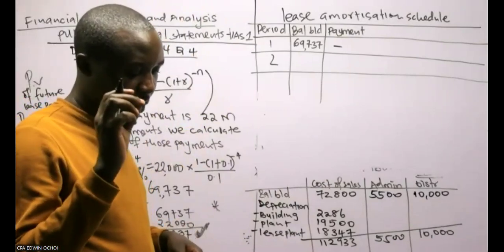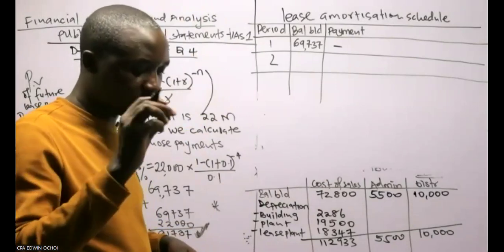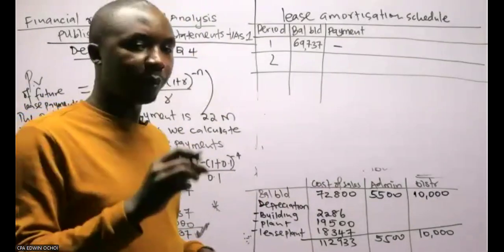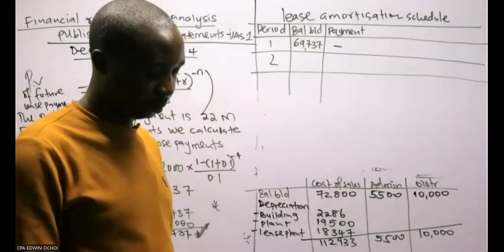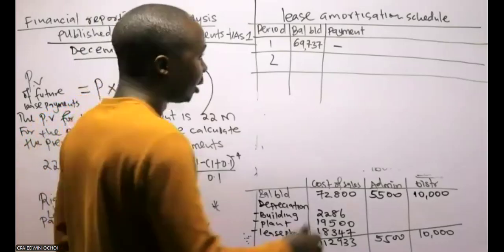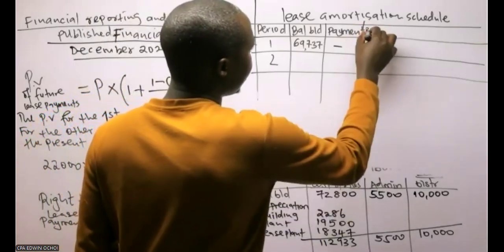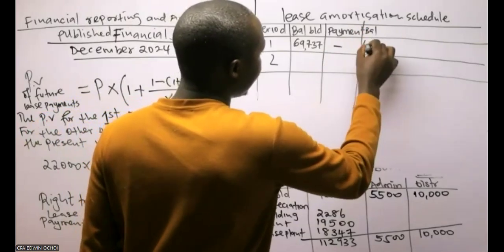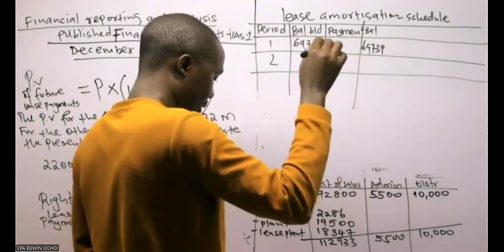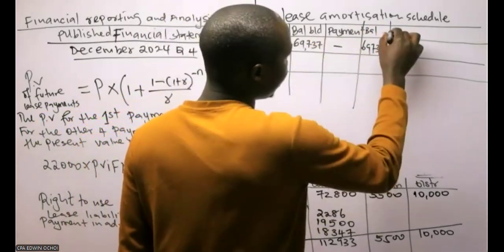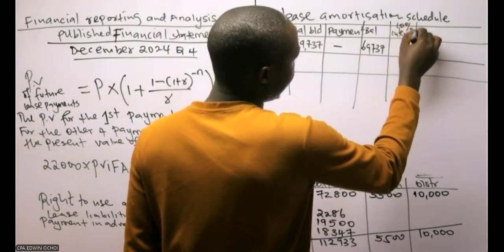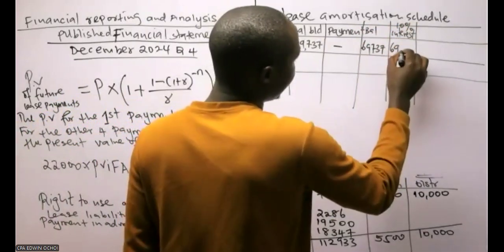I think you need to understand this well. This means payment on 1st November 2003 will not accrue interest and will be treated as a separate initial payment. So I will have a dash there, so that here the balance is 69,737. Then interest, remember that interest is at 10%. So it'd be 6,973.